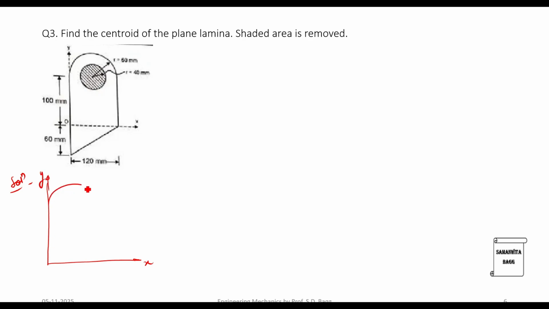Here we have a semicircle. This projects down and then here we have a right angle triangle. This point is the origin, which is important. So we have some part of the body below the axis in the fourth quadrant. This is the first quadrant. So here I will first draw the